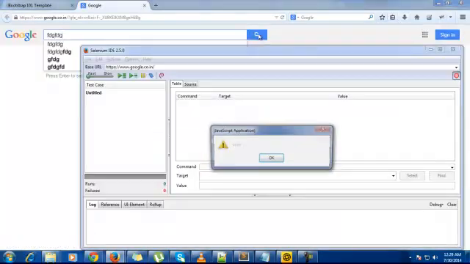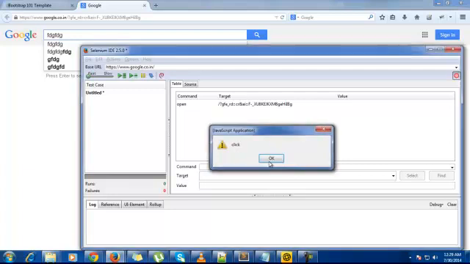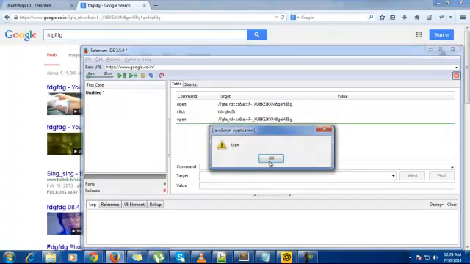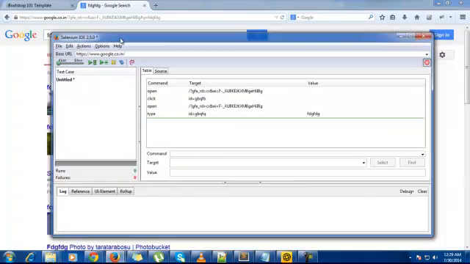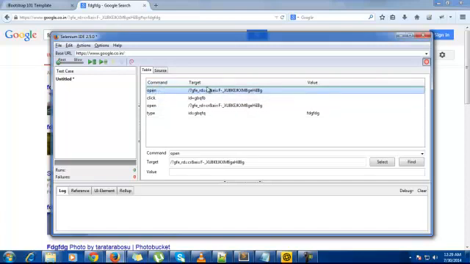You can search. Okay, those are the commands. This is the locator or target. This is the value. You can select and find out the element. This is the record and playback tool, which comes as an add-on in Firefox.